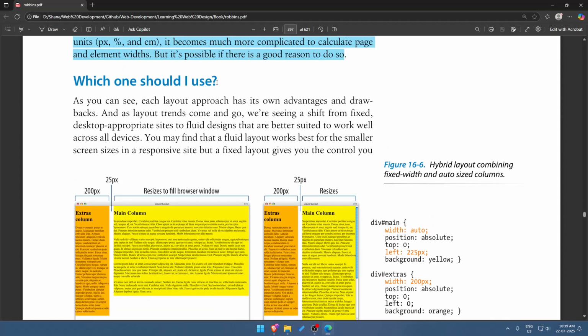Which one should I use? As you can see, each layout approach has its own advantages and drawbacks. As layout trends come and go, we're seeing a shift from fixed desktop-oriented sites to fluid designs that are better suited to work well across all devices. You may find that a fluid layout works best for smaller screen sizes in a responsive site, but a fixed layout gives you control